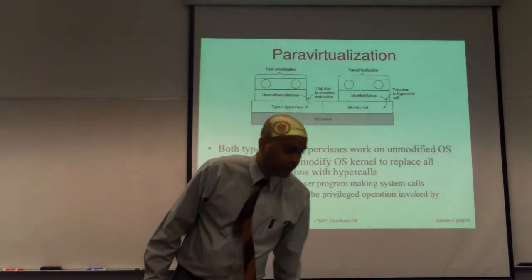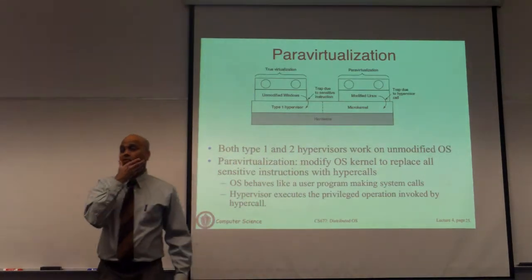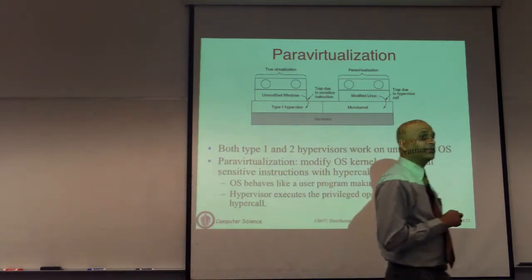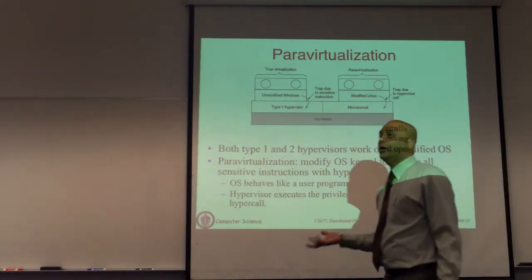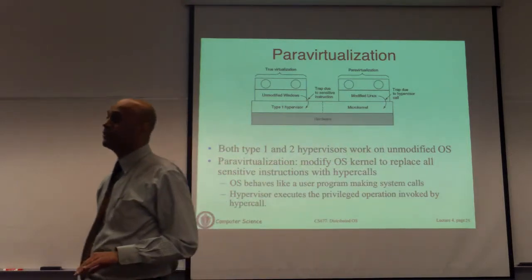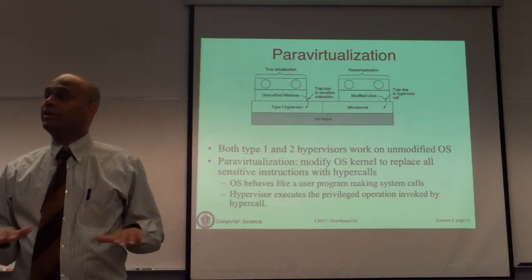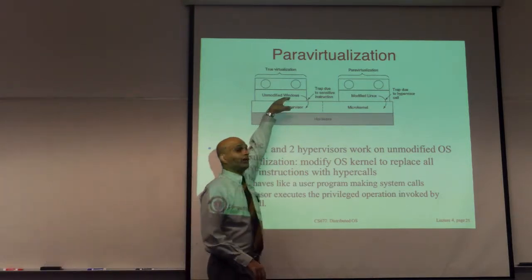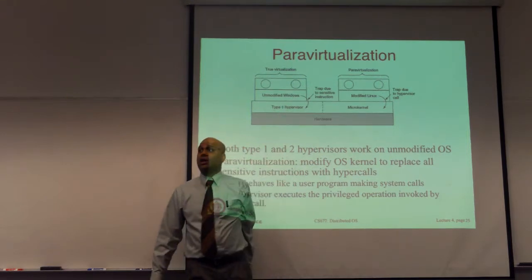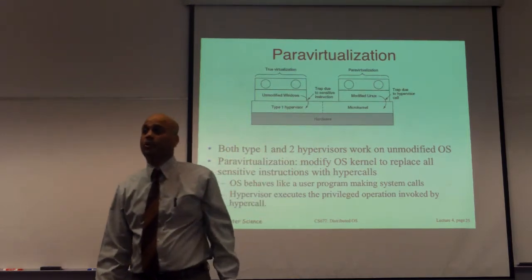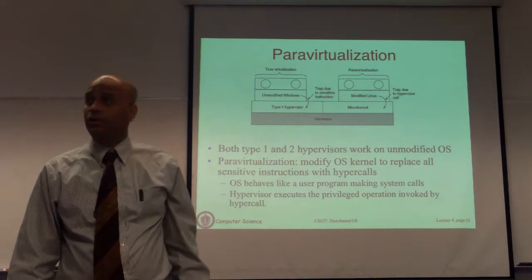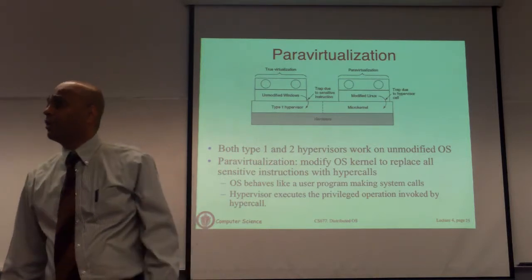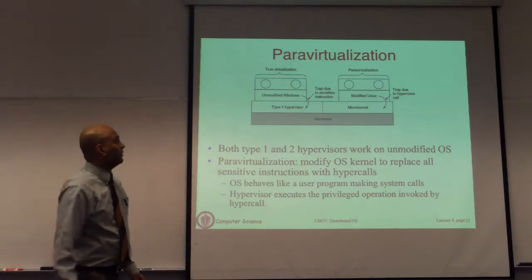Okay, now I'll talk a little bit about para-virtualization. Okay, para-virtualization is like bare metal hypervisors. It's a type of type 1 hypervisors, but it doesn't need any hardware support. Okay? As I said, if you actually needed to implement a type 1 hypervisor, you need some functionality by which the guest operating system can trap to the hypervisor. For that, you need hardware level support at the CPU level, okay, in order to implement this. But what if the CPU doesn't have that kind of support? How would you go about implementing type 1 hypervisor?